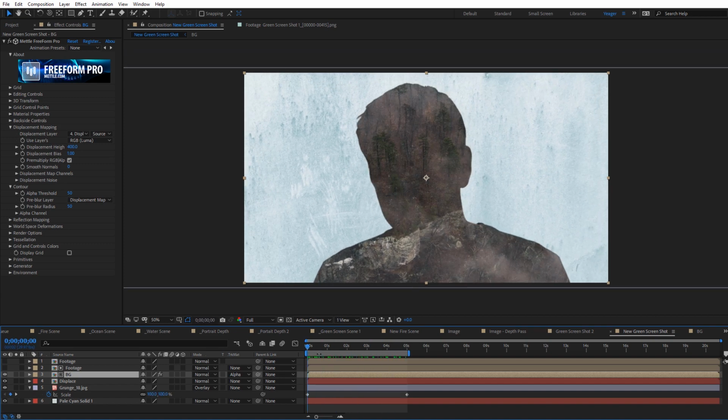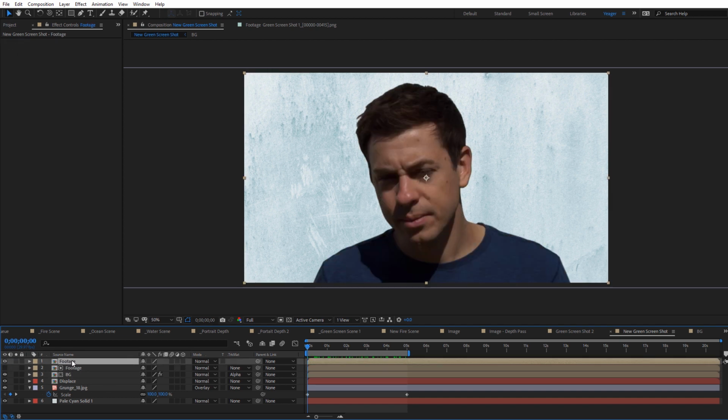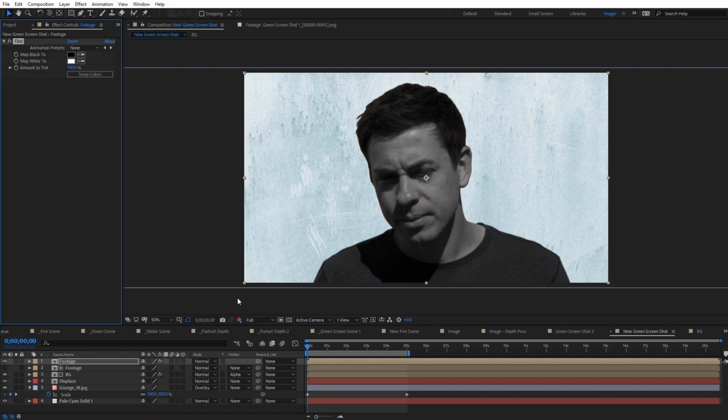So now if we want to add that double exposure element to this, we can come back here to our other footage composition we have at the top, and I'll go ahead and turn that on. And what I'm going to do with this is apply a tint effect. So I'll just come up here with it selected to Effect, Color Correction, and Tint. And that'll make that black and white. And I'm going to go ahead and mask out part of this image that I want to double expose over on top of our background.